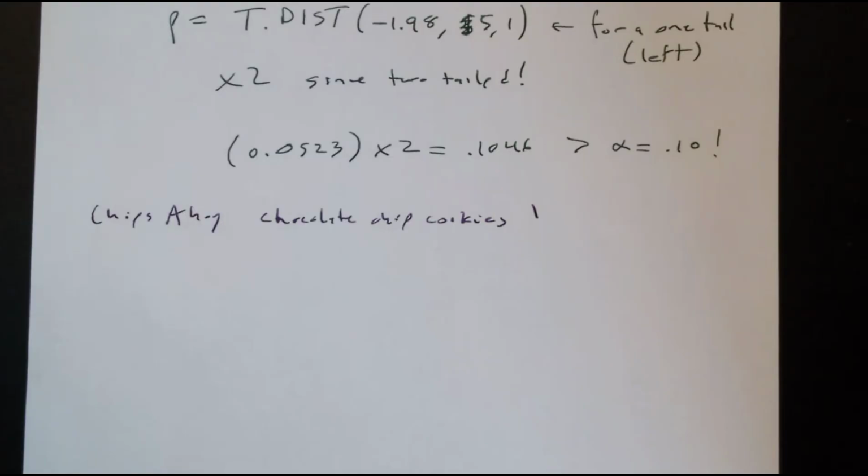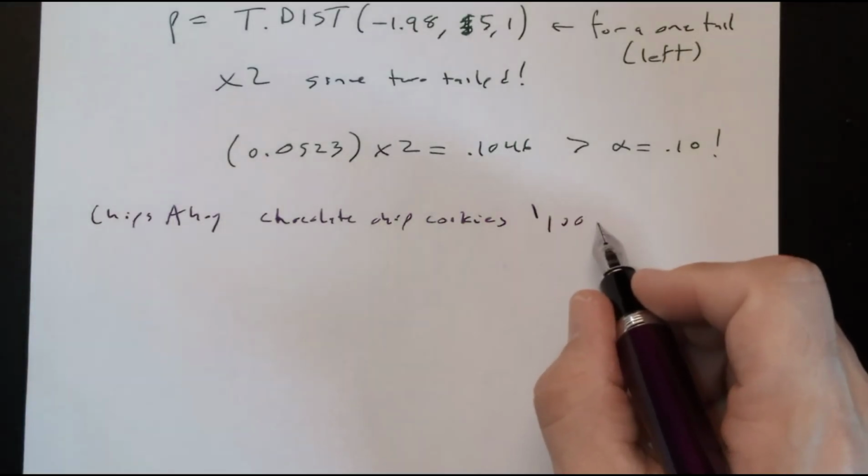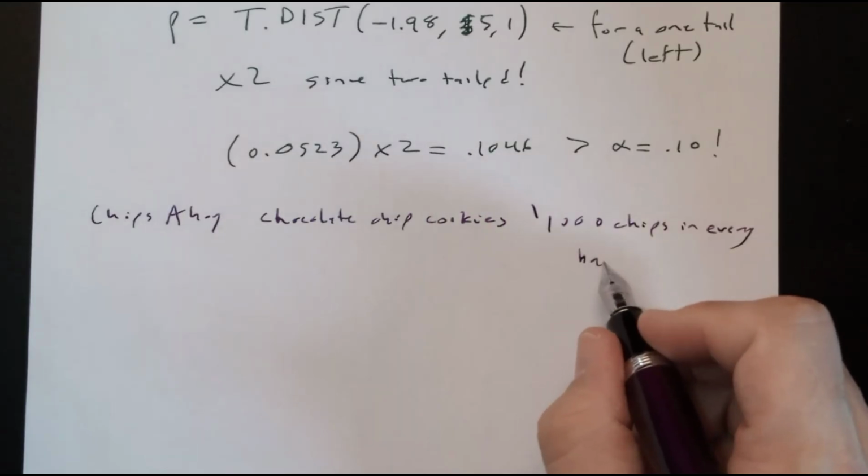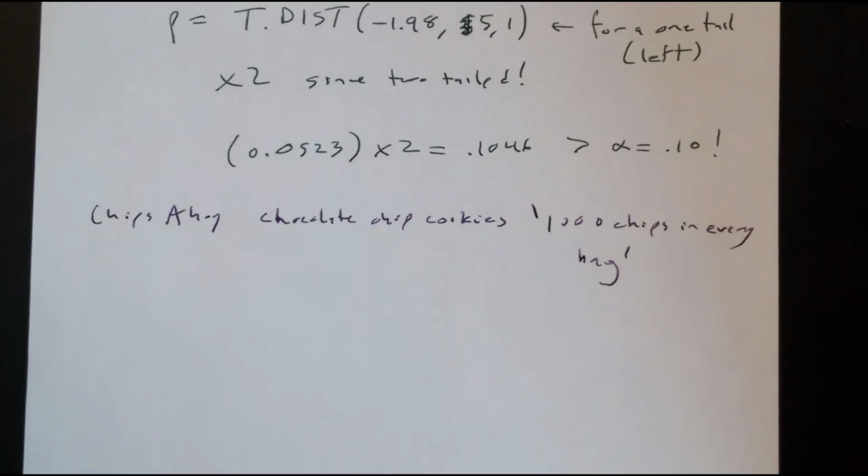The slogan used to read, "1,000 chips in every bag." So a group of high school students asked if that is true. They went out and bought 24 bags of Chips Ahoy cookies and washed away the cookie part just so they could leave the chocolate chips behind, and counted them